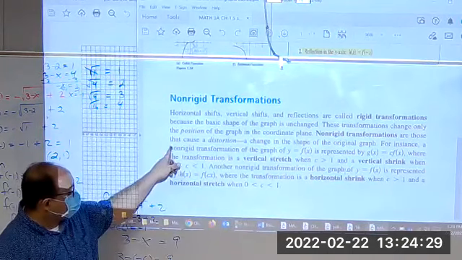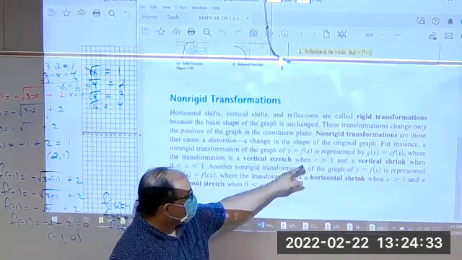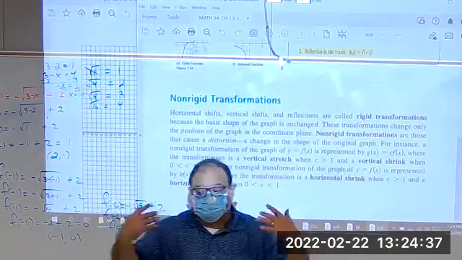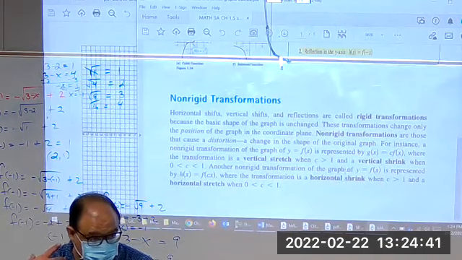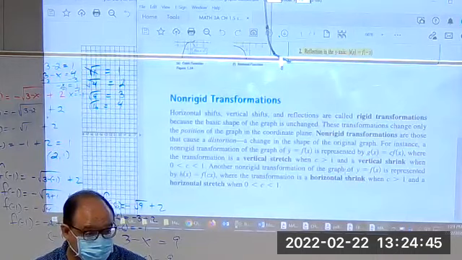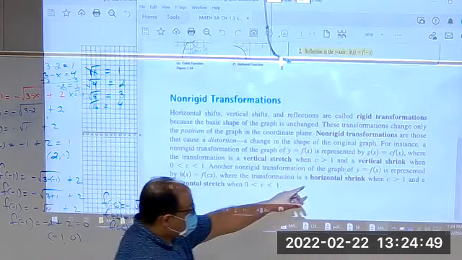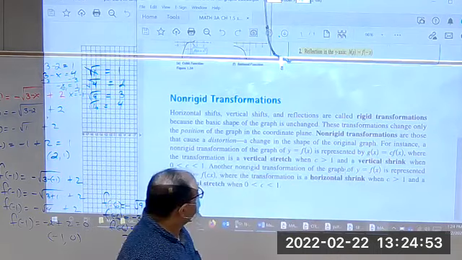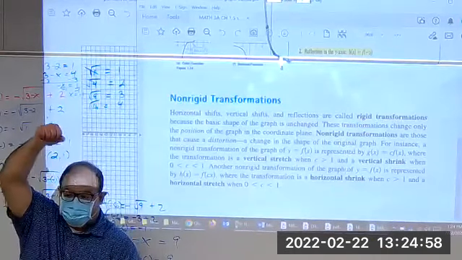For instance, non-rigid transformations of y equals f of x is represented by some number c, or I'm using a, because they're using c for everything. Which c are you talking about? So some number out in front times the function. Where a transformation is a vertical stretch, so it's stretching it this way,